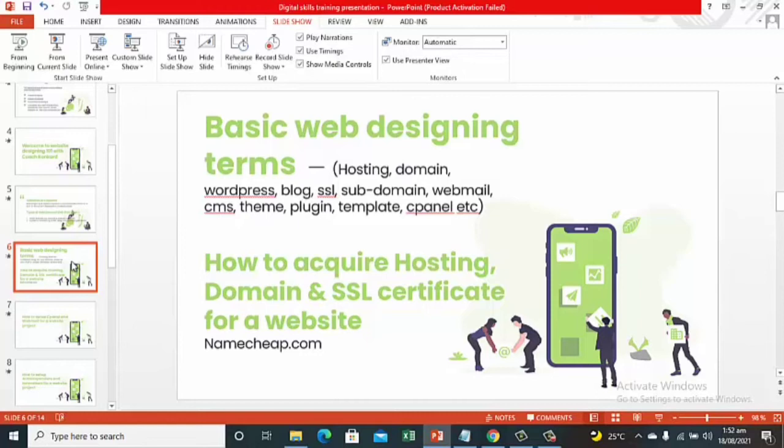Then a domain is your address. It's called a domain address. It is the address that contains the web pages and the content that makes up your website. That's what is called a domain. It could be anything. It could be your business name.com, the name of your client's business.com or .com.ng or .ng or